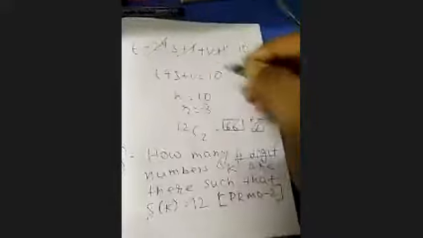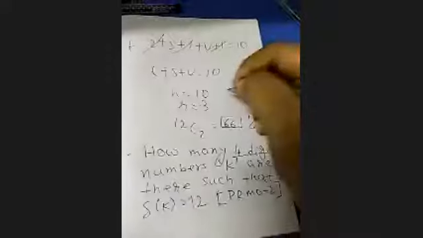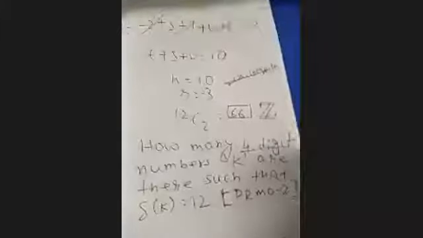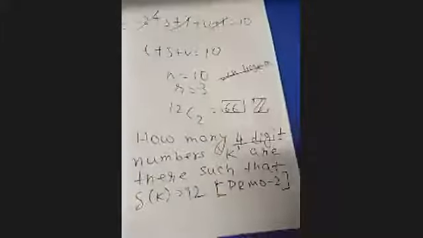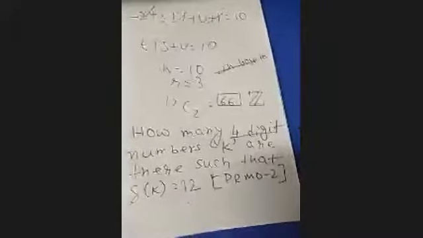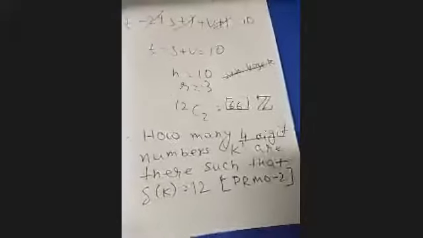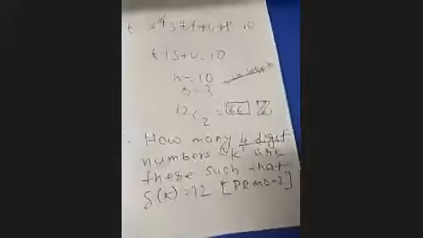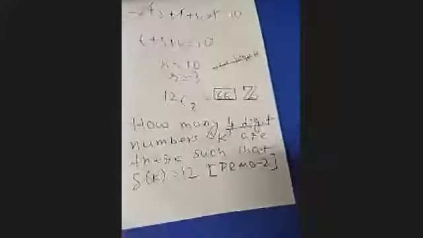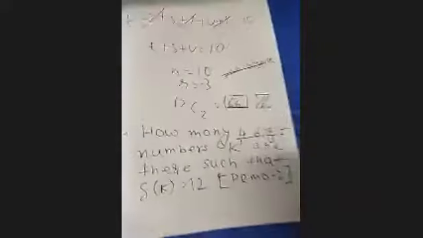In many questions, you will find the value of such in base 10. So this is an unnecessary thing given in PRMO. So you may cancel it. But here 4-digit is very important. Why is 4-digit given? You have to think that 4 variables, one reason. There are 2, 3, 4, 5. How many can be reasons? So you have to find out. Always think like this whenever you get a question.